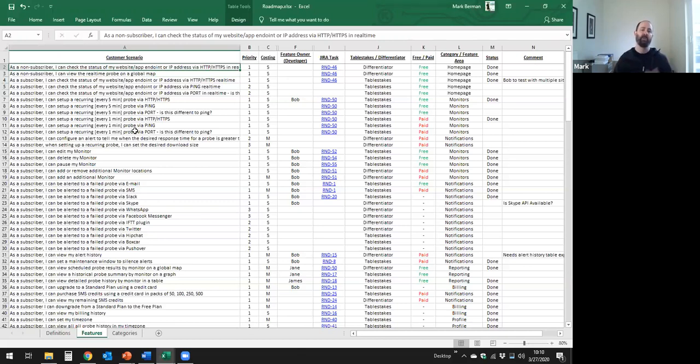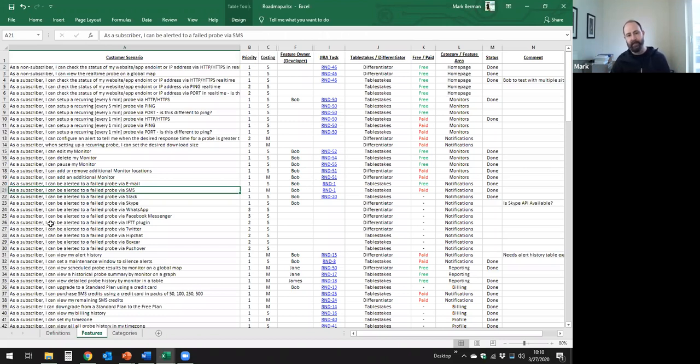So this is an attempt to try to get some of the thinking down on paper. And I love a tool like Excel. Once again, there's tons of tools out there that do this, but starting in a tool like Excel, I find incredibly powerful, because you don't get distracted by learning a new tool and new concepts. So, here's an example for a non-subscriber, and then here's an example for a subscriber,